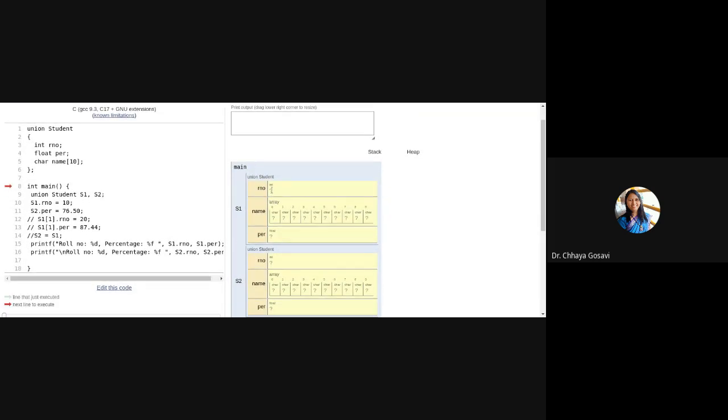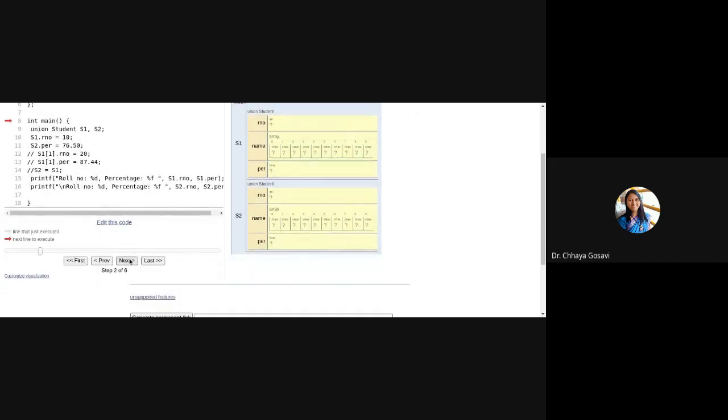So can you see, memory is not allocated for roll number and percentage, memory is allocated for name. As we are storing only integer 10, for S1 it has allocated memory for roll number, and for S2 it has allocated memory for percentage.